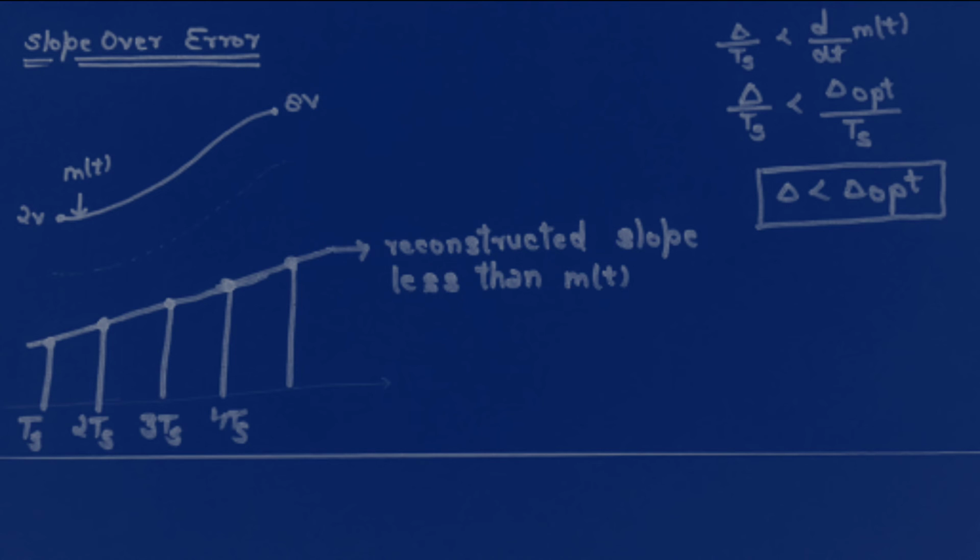What we do to avoid the slope overload error is increase the slope of the reconstructed signal, and then there is no slope overload error. What I mean to say is that if we increase this value, that means we are increasing the amplitude of the reconstructed signal, and that is related to the del of the reconstructed signal. So if we move the signal from this point to this point, then we increase the del value, and if del is increased, then there is no slope overload error.